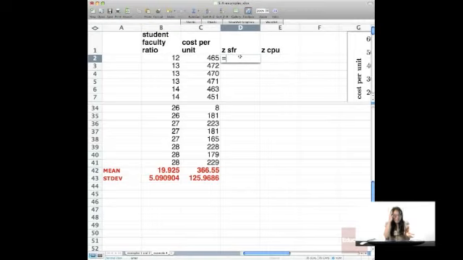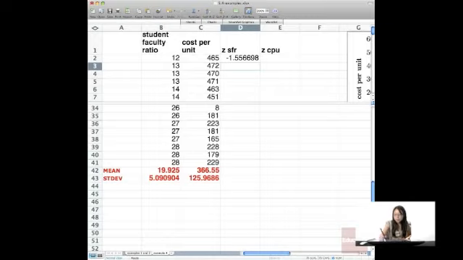Now that we have mean and standard deviation, it should be really easy, because it's just the difference between my point and my average, all divided by standard deviation. And I want to lock down that mean and standard deviation. And remember, as long as it's in the same column, it'll always use B. But I do want it to use E when I move over. So I'm not going to lock down the B part. I'm just locking down the row. And I get a z-score of negative 1.556,